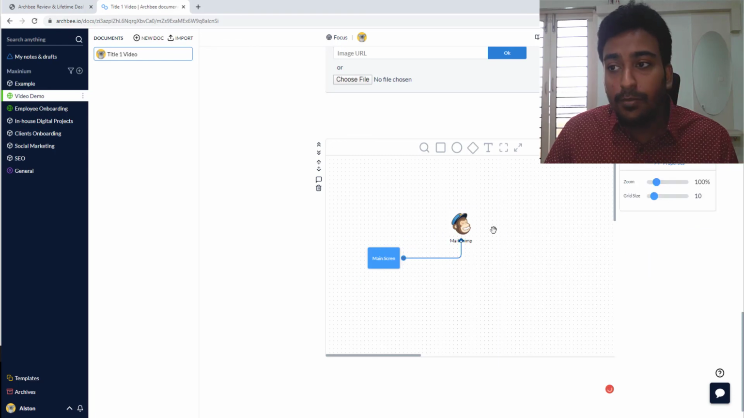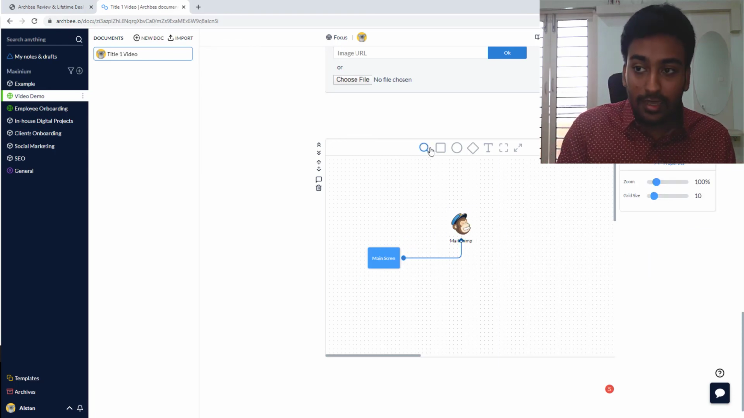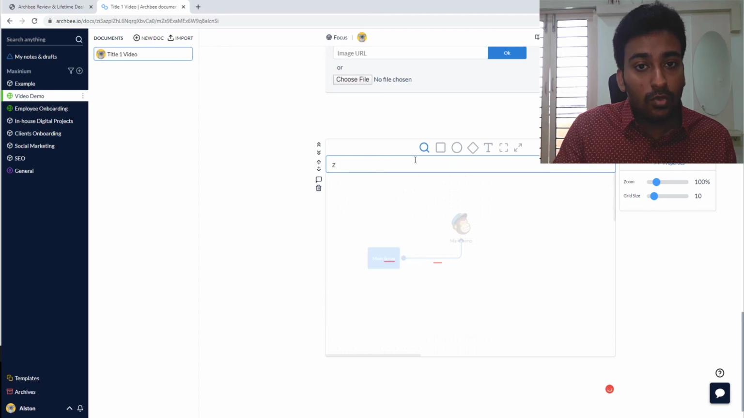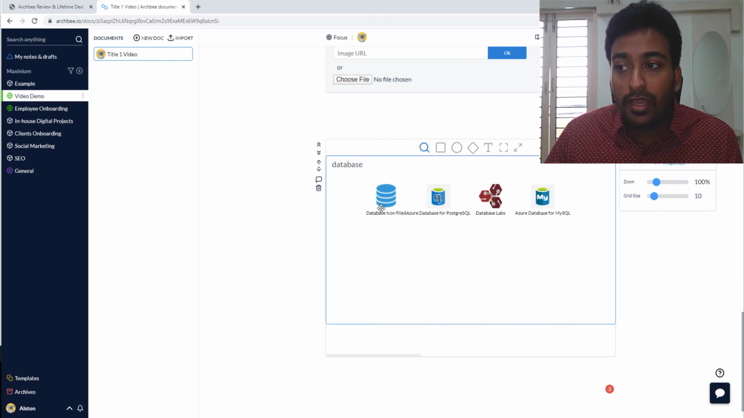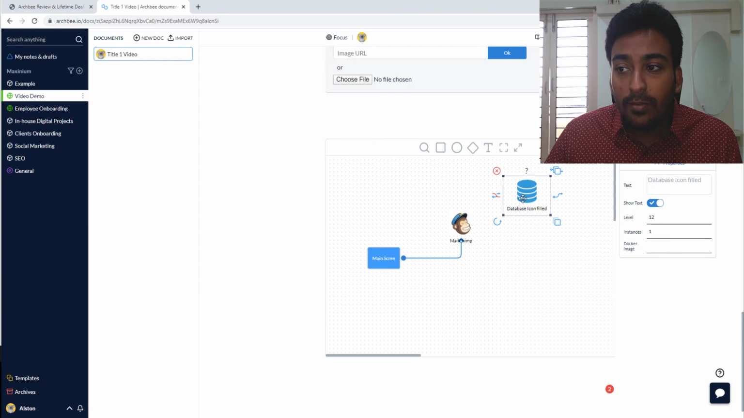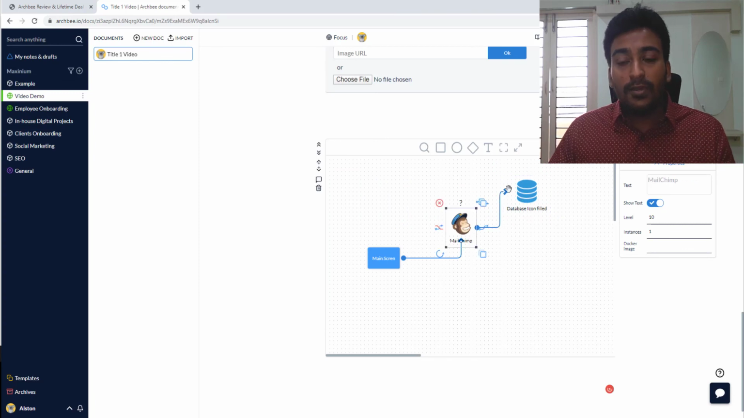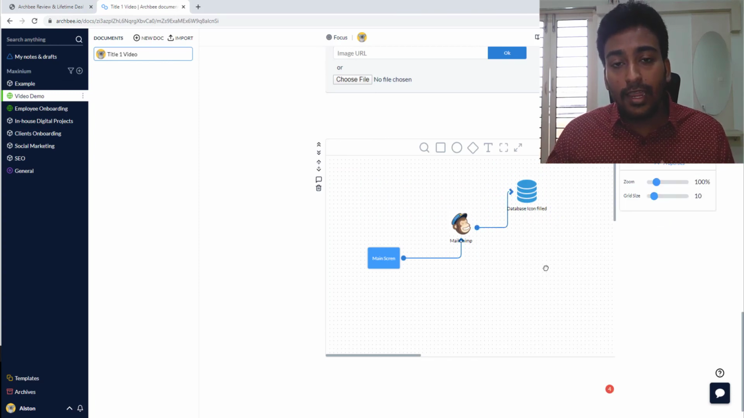And from MailChimp, if I say I will save the data to a database and I want to visually show it to the user, then I can select whatever I want, and I can make a diagram. So you can see how easily I can create visual diagrams with this. You can see all these features available. The text option is available to write down text. Let me say